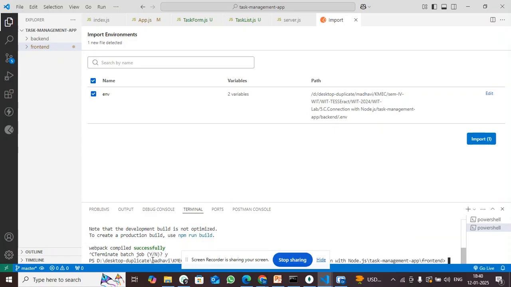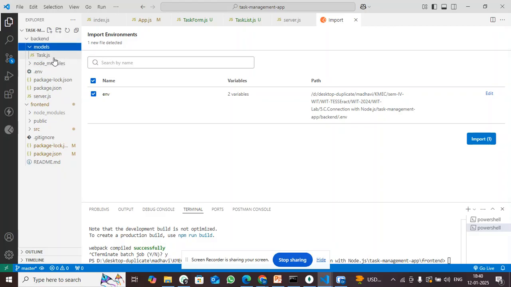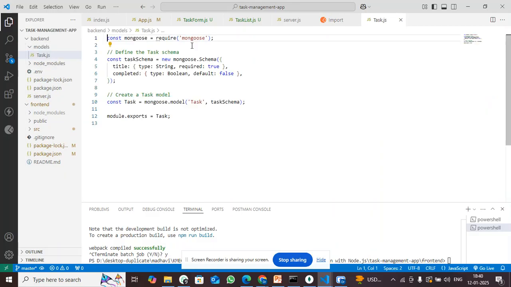For this, I'll be showing you. Here is the task management application where I have created a backend and a front end. In the backend, we have models. Under models, we are going to create task.js. Here we define the schema. The task schema is the model where we connect to the